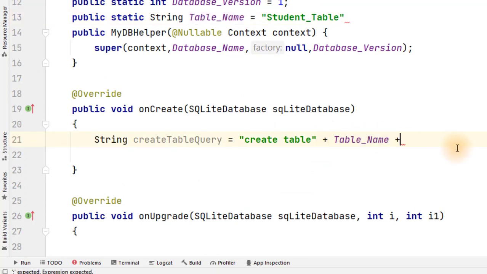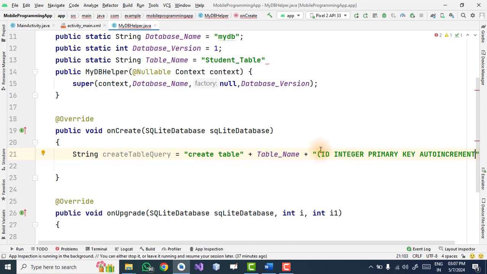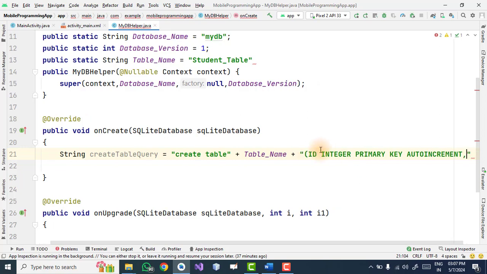Then plus, then within double quotes we start giving the columns to the table. Now I am giving an ID, that is your student ID, which is integer and primary key, and I am applying one more constraint, which is auto increment. So this is my first column of the student table, then comma.